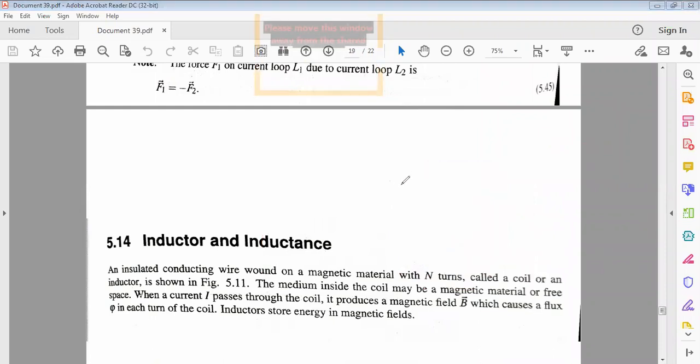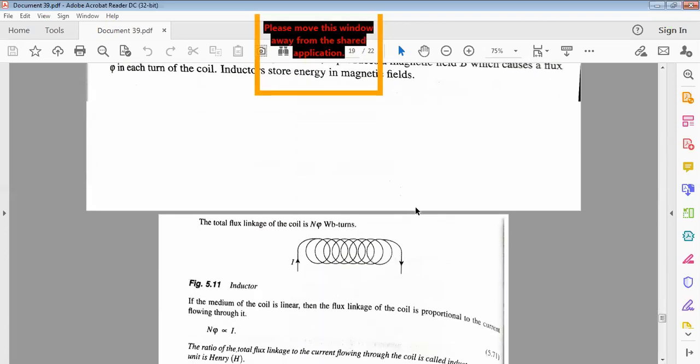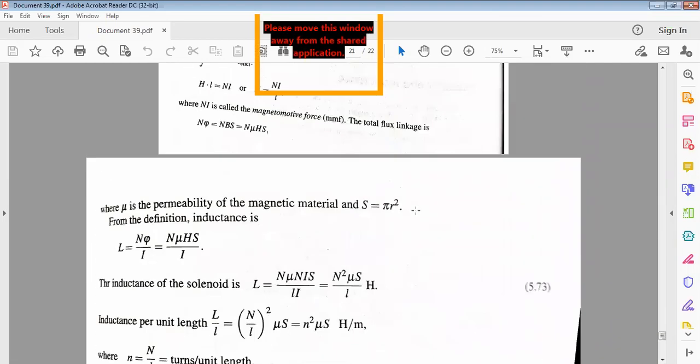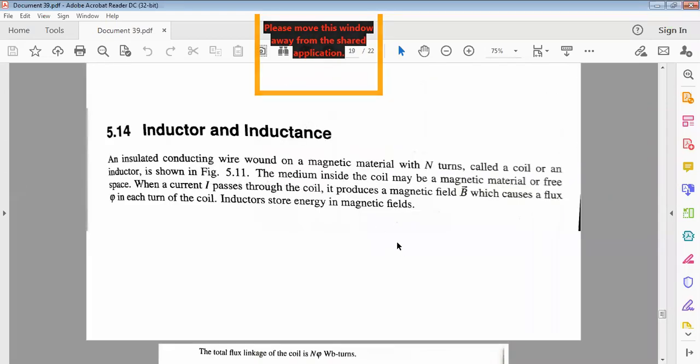The next concept is the inductor and inductance. Similar to the previous case, capacitor and capacitance, here we have inductor and inductance. This is the general concept, and with these two topics, this topic is over. What is meant by an inductor and how are inductors formed? Simply, when we wind a conducting wire in a helix shape, it forms an inductor, and how much reactance it offers to the current passing through it is the inductance.